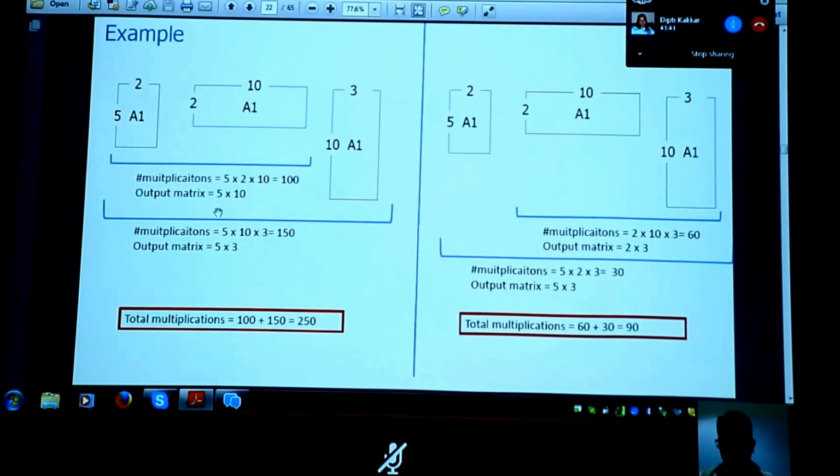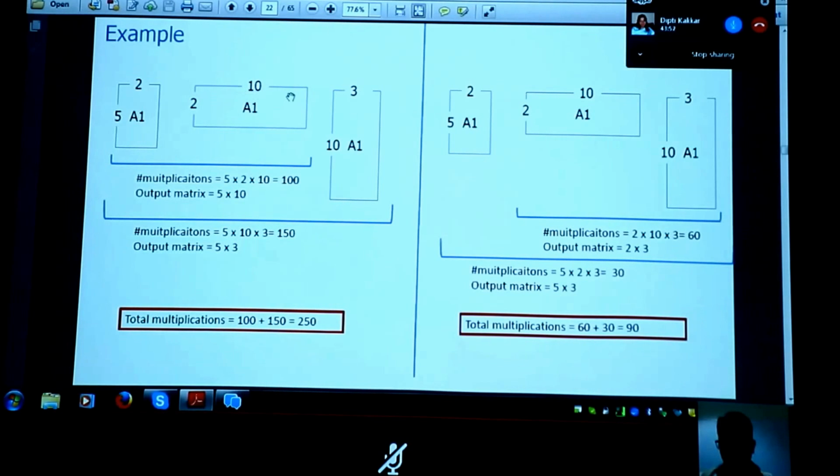Okay. Now the reason is something like this. This guy is involving this thing 2 times actually. This dimension, 10, will be first multiplied here, as the outer thing in the first multiplication. Then it will also again appear in the second multiplication as the inner thing. So therefore this 10, which is a heavy dimension, is used 2 times.